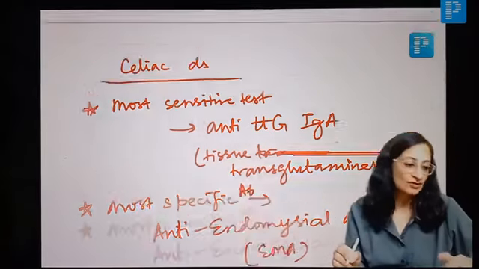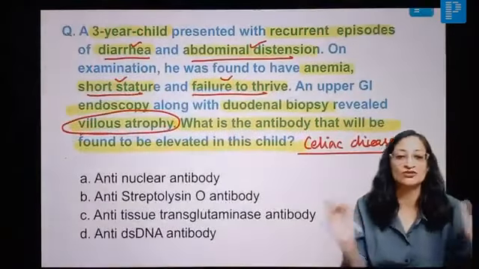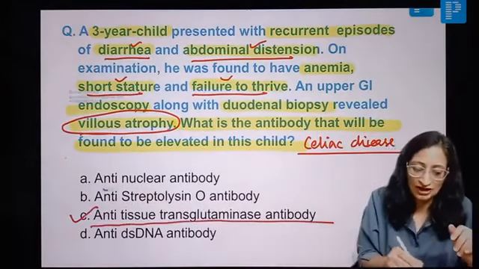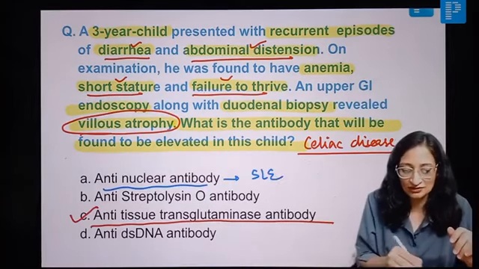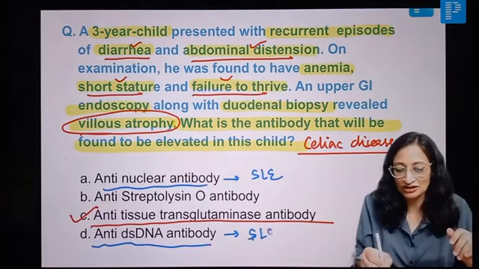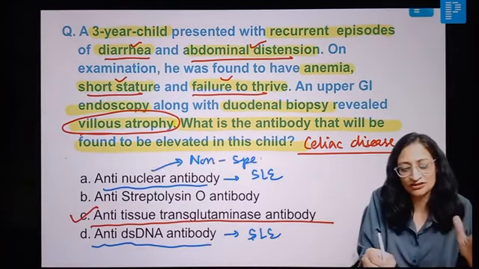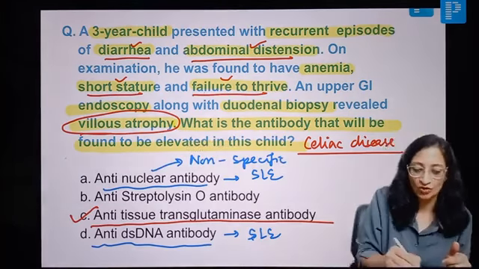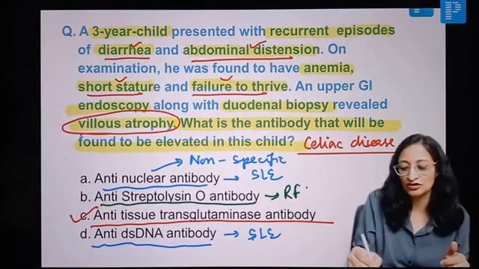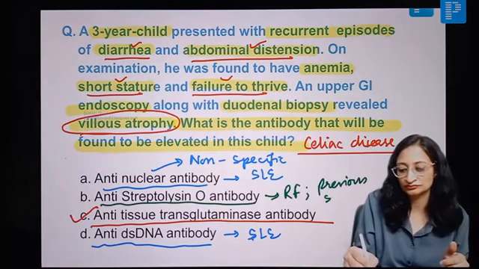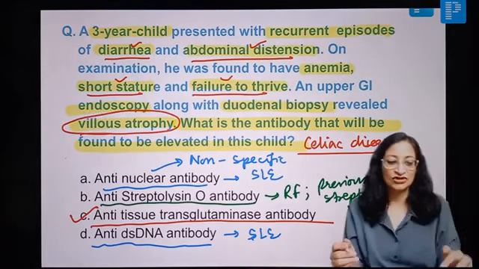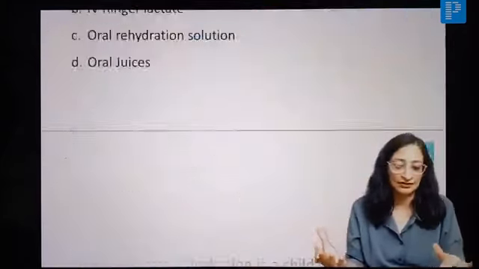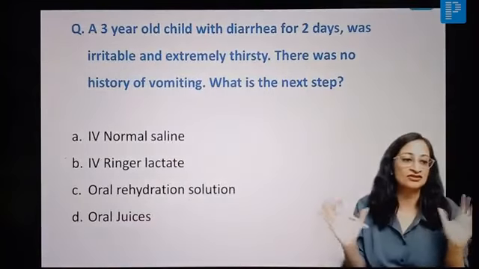Okay, so coming back to our question, this is a child with celiac disease, so we know the antibody that will be elevated is anti-tissue transglutaminase antibody, or anti-TTG. ANA, or anti-nuclear antibody, is elevated in which disease? SLE. Similarly, anti-dsDNA is also elevated in SLE. ANA is actually very non-specific, and it can be elevated in multiple collagen vascular diseases or connective tissue disorders. Anti-streptolysin O antibody is elevated in conditions like rheumatic fever, so it indicates a previous streptococcal infection. So anti-tissue transglutaminase antibody is the best answer, and you have to avoid wheat and wheat products. Lifelong gluten-free diet is the treatment of choice.